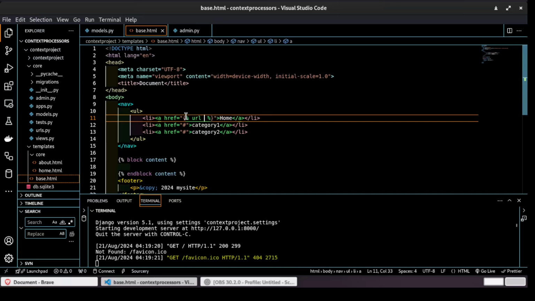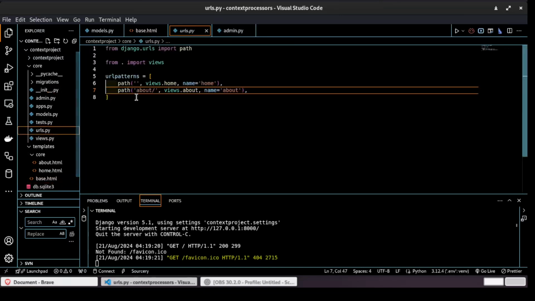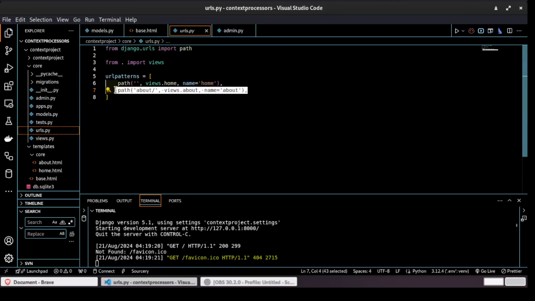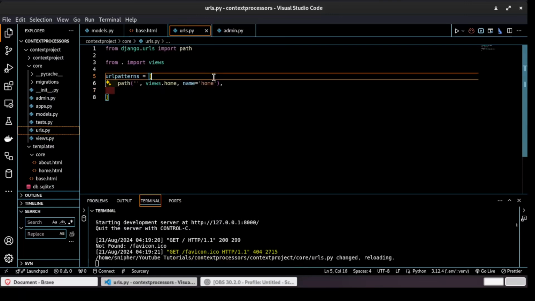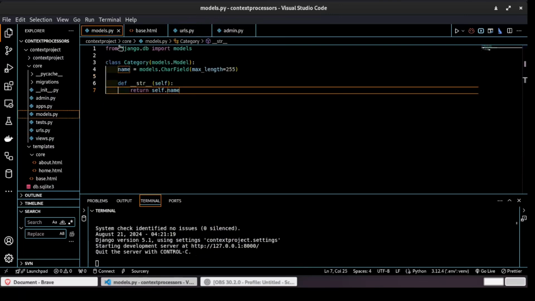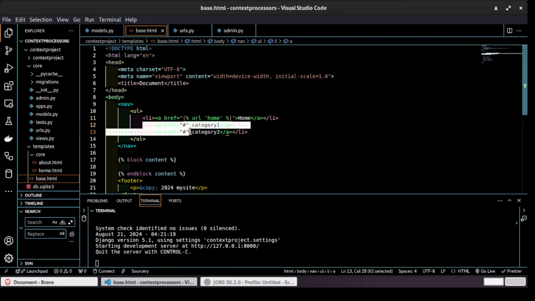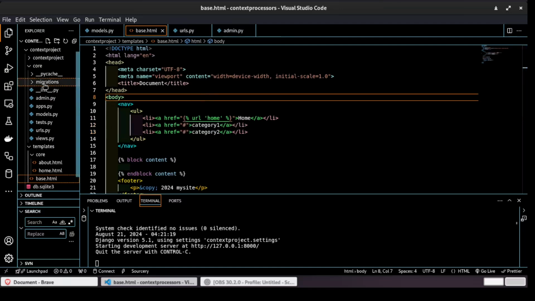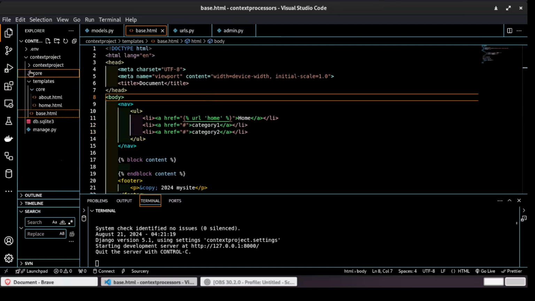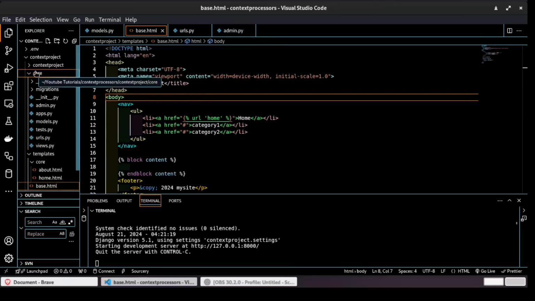URL home. I had already defined these URLs in my app. Okay, you can see I have home and about. So let me remove these about. Don't need it. So the next thing we need to do now, let us use context processors to display all the categories here. Okay, so the first thing you need to do in your code, in your app, let's create a file called